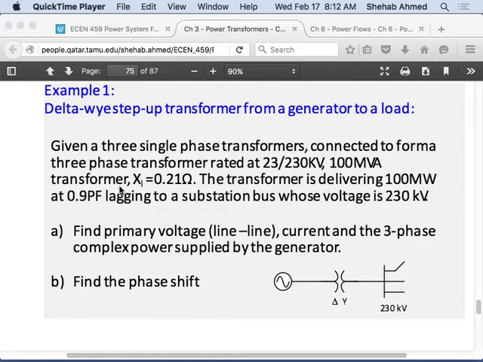So a transformer is delivering 100 megawatts at 0.9 power factor lagging. I have too many givens here. To a substation bus whose load is 230 kilovolts. So this bus here has a voltage of 230 kilovolts and is consuming 100 megawatts at 0.9 power factor lagging. Right. So let me write all these givens down. So we have